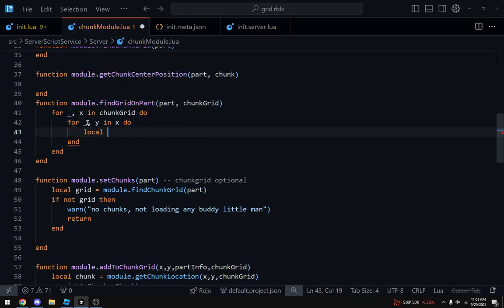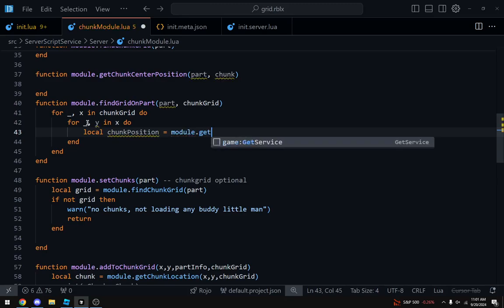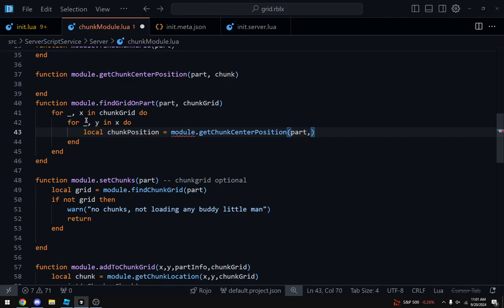So we'll do local chunk position equals module get chunk center position, the part and the chunk.